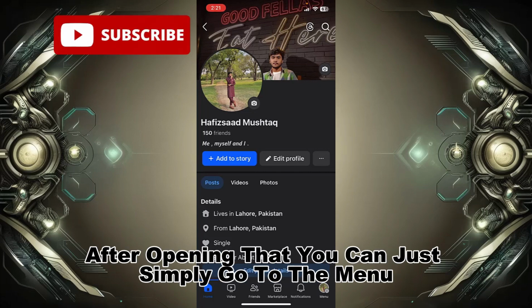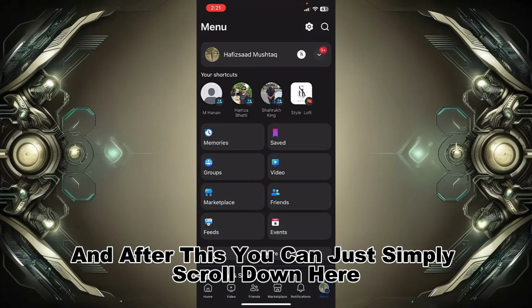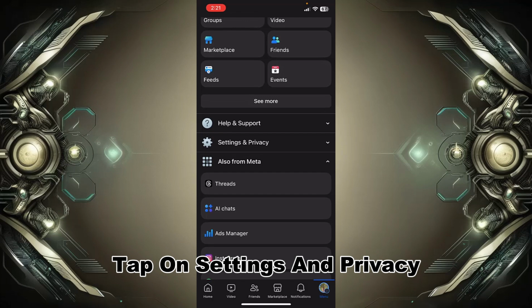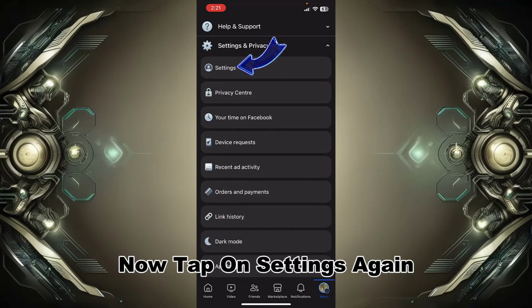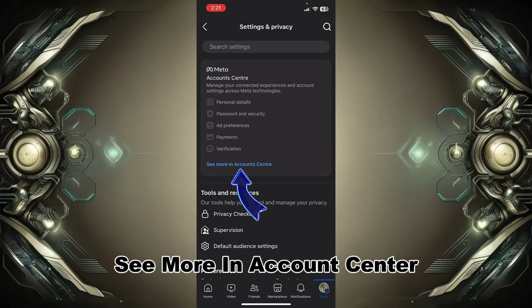After opening the app, you can just simply go to the menu at the bottom right corner of the screen, and after this, you can just simply scroll down here and tap on settings and privacy. Now tap on settings again, and here you can just simply tap on see more in accounts center, and